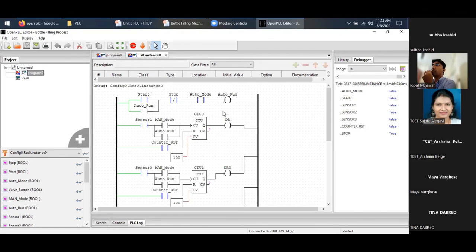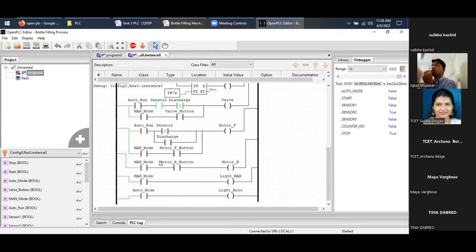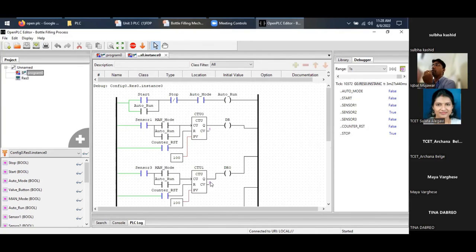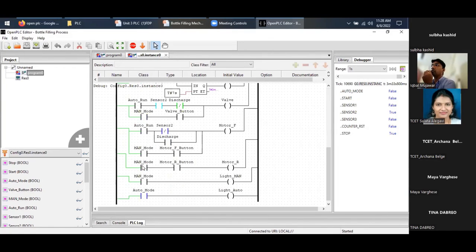Now if I want to go in manual mode, I need to operate manually, and I only need to use 3 buttons. For manual mode, I need to turn the manual mode on, and I will select the forward direction. I select the true forward direction. The motor starts moving in the forward direction. When it reaches exactly below the valve, I will release the forward direction.